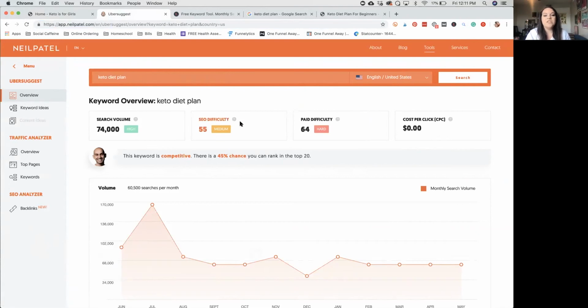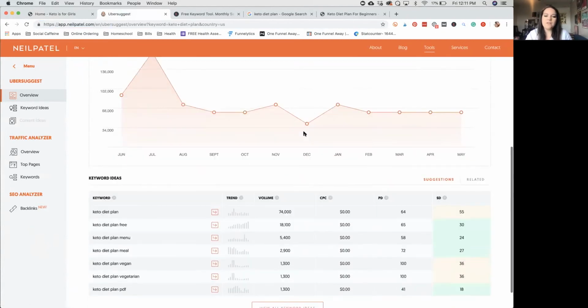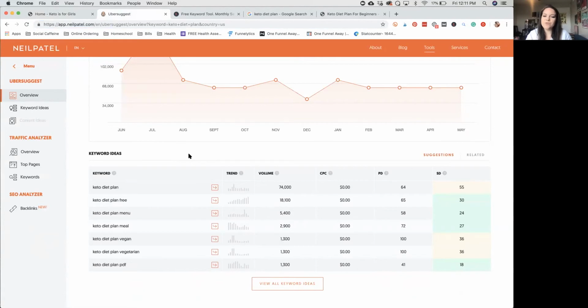All right. So the SEO difficulty is medium. It's got a 55 score out of 100. The paid difficulty is even harder. Okay. That means that a lot of people are actually trying to rank for that key term, and businesses are going to be trying to rank for that as well. So you have a lot of different things here, but if you scroll down, this is where the magic happens,